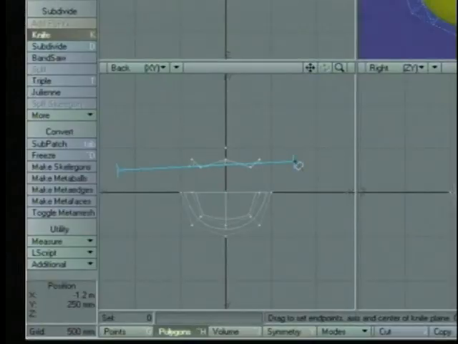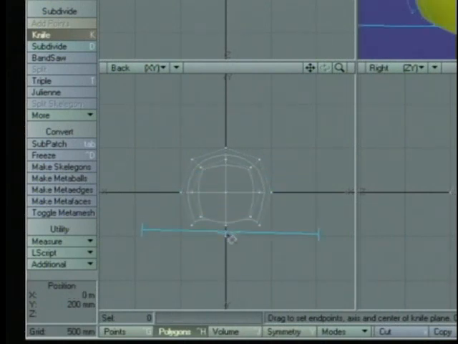Once I've got that lined up, I can move my cursor to the middle and grab the line, and now I can drag this up and down as a straight line. Now another thing I can do, if I want to create another cut, instead of having to reset it, I can use my right mouse key here and just click in a lower place, and you see it's now created